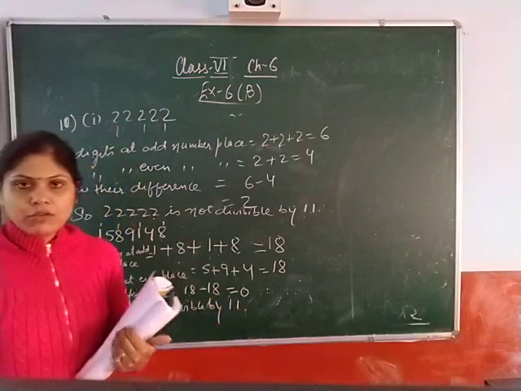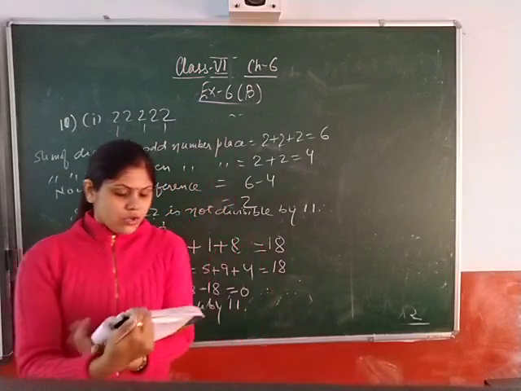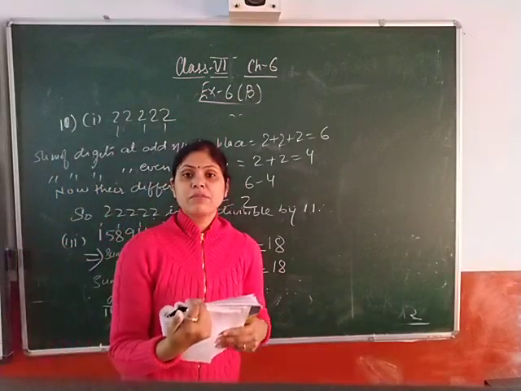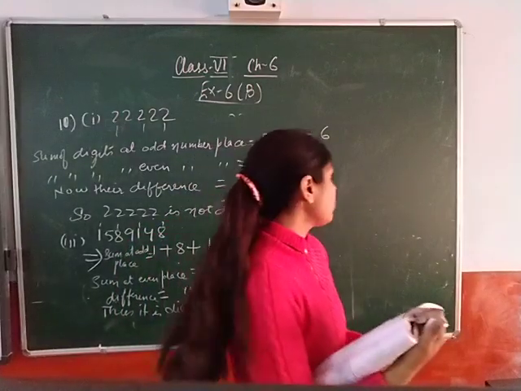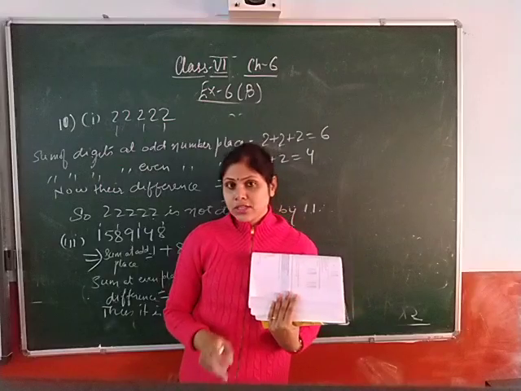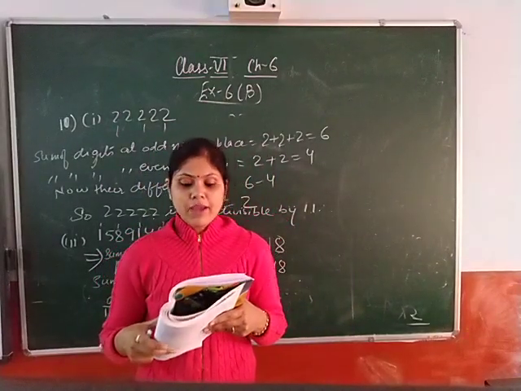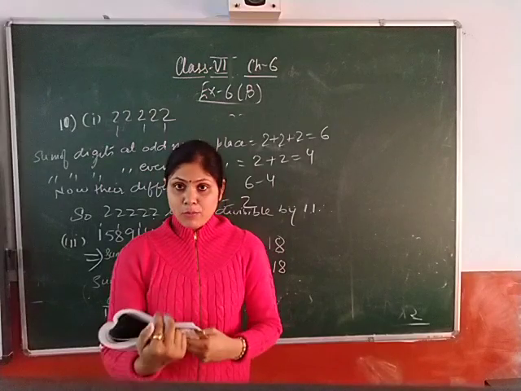Like this you can solve divisibility by 11. Similarly you can do the fourth one also. Now you have to check which of the following numbers are divisible by 4. To check the divisibility rule for 4, what was the rule? That was the last two digits of the number, if it is divisible by 4, that means the whole number is divisible by 4. Okay, now I am going to do it orally.